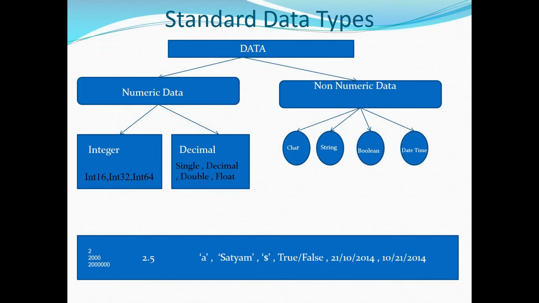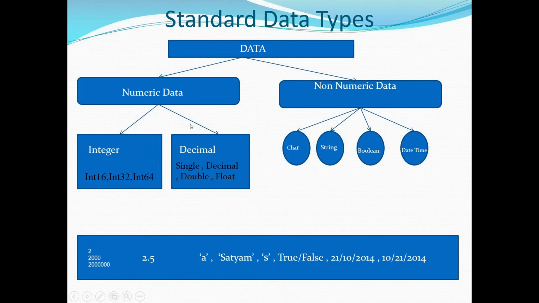20,000 is also one of the integers. So in the third case also, it should be defined as integer. Again, the same amount of memory will be allocated. See, if you look into these 3 scenarios, where is the smallest integer, small, big or biggest integer? In all the cases, your data type should be defined as integer, and in all the cases, the same amount of memory will be allocated.